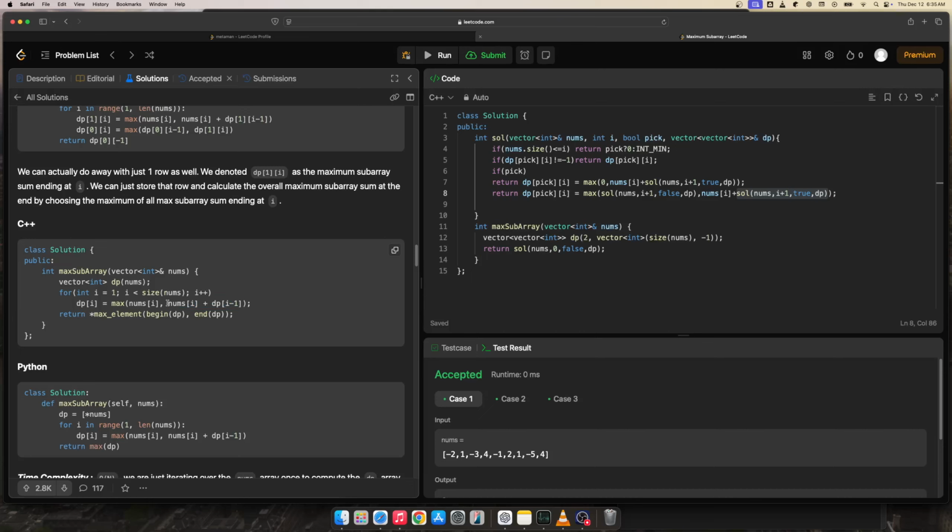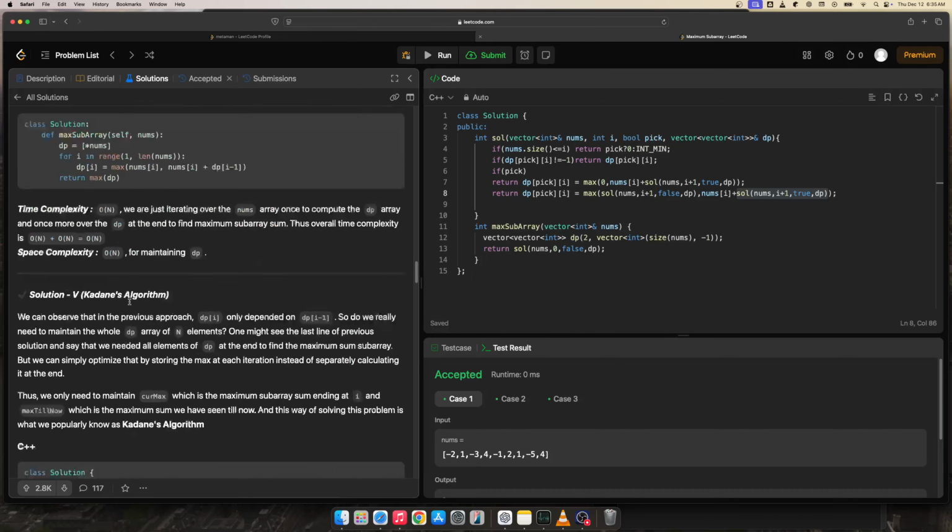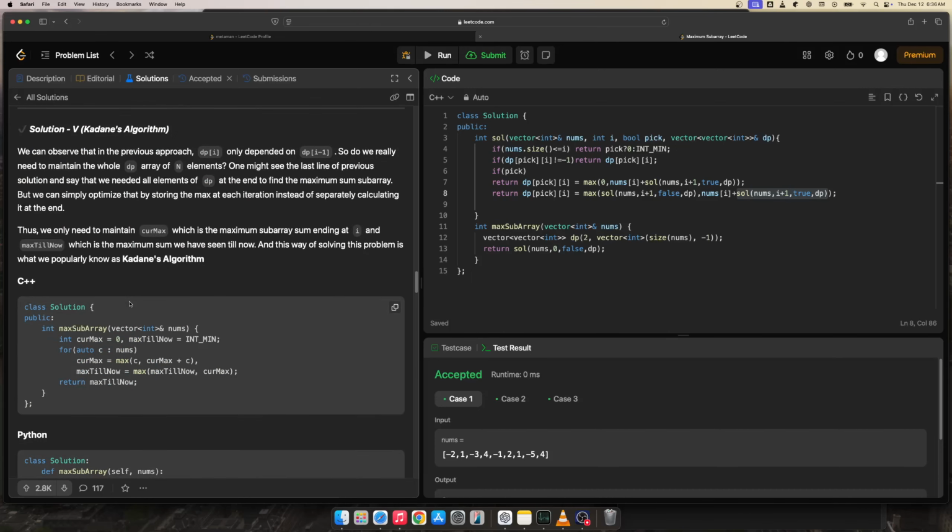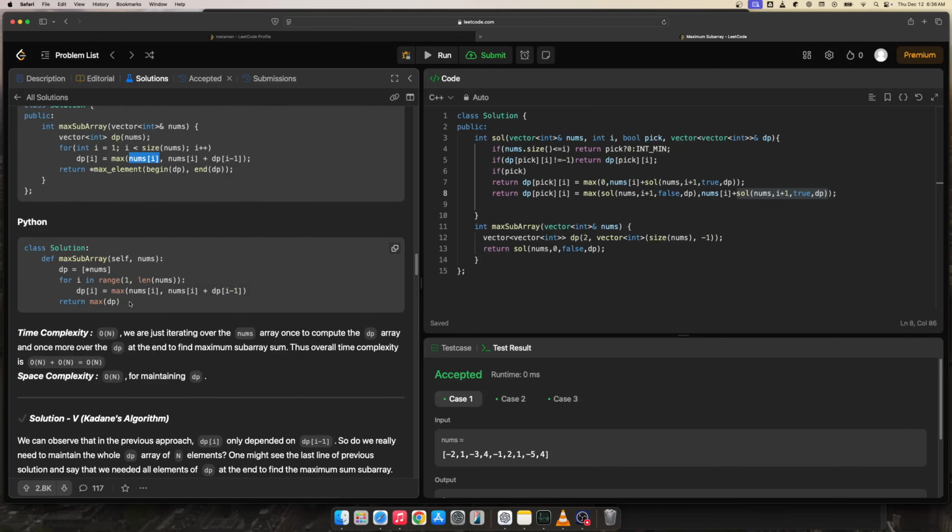Means if we are adding nums of i with the last element, it is giving us a negative number or something. So we will check if it is less negative, more negative than nums of i, and then accordingly we will keep. And if we keep doing that, this is again just Kadane's algorithm. Now Kadane, if you see, same thing. In the DP we are checking the max element here,